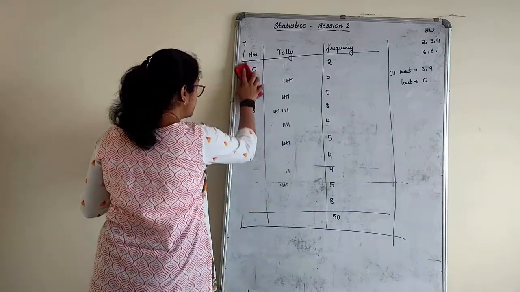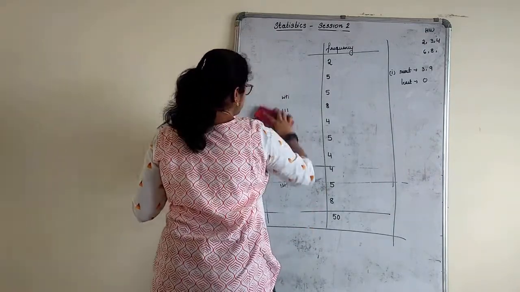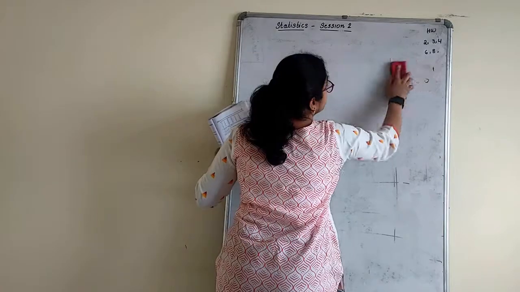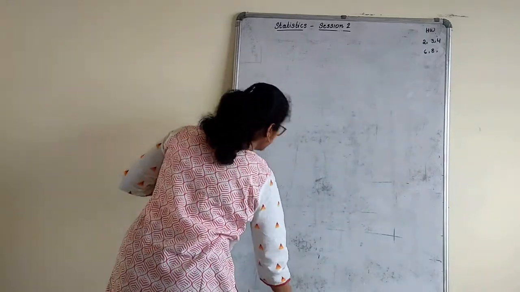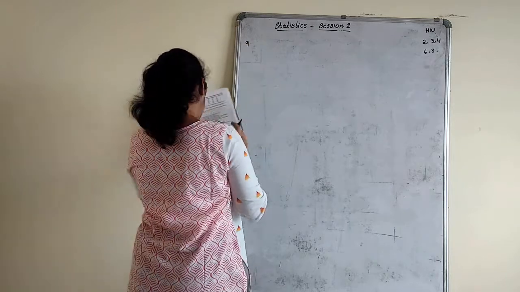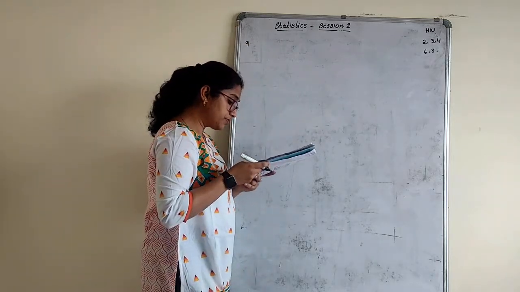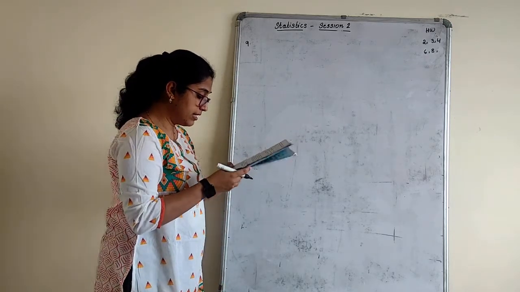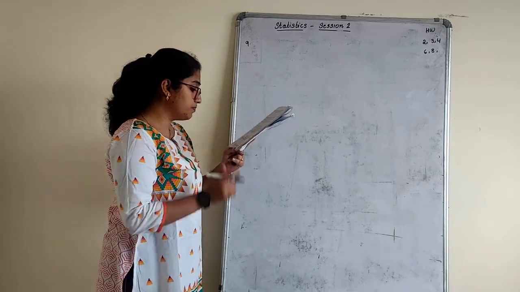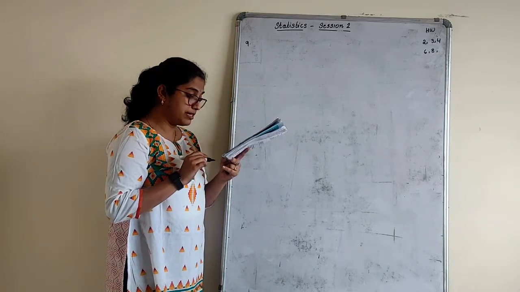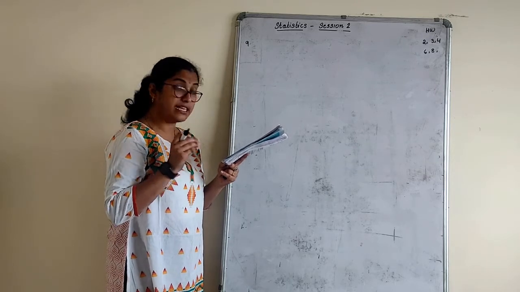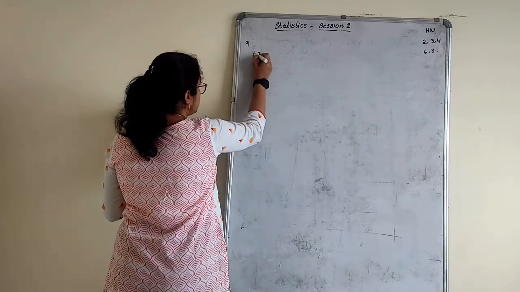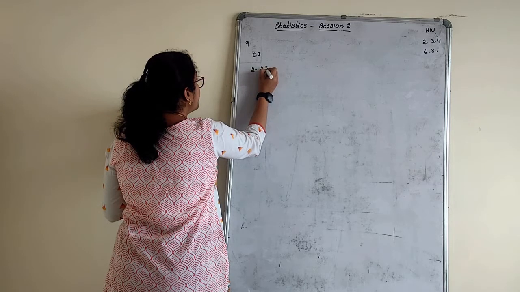Again, because it is a class interval, I have done only one or two sums on class interval. So one more remaining, I'll give you an example for the class interval form. The 9th one: a company manufactures car batteries of a particular type. The lives in years of 40 such batteries were recorded as follows. Construct a group frequency distribution for this data using class intervals of size 0.5 starting from the interval 2 to 2.5. So the class interval is given, 2 to 2.5.